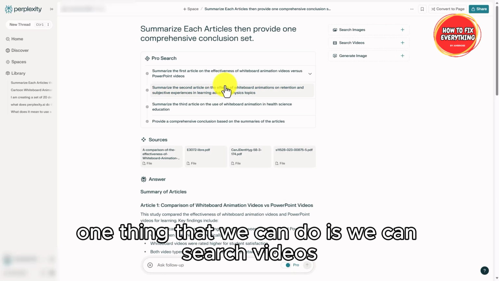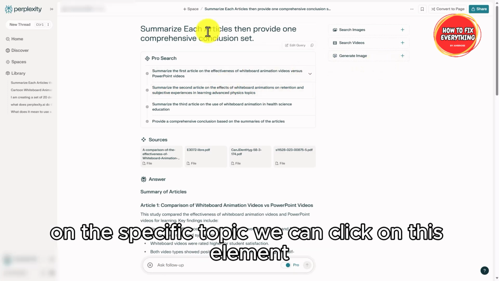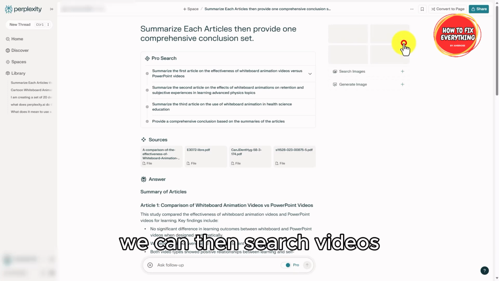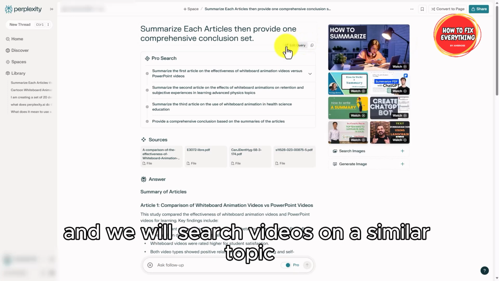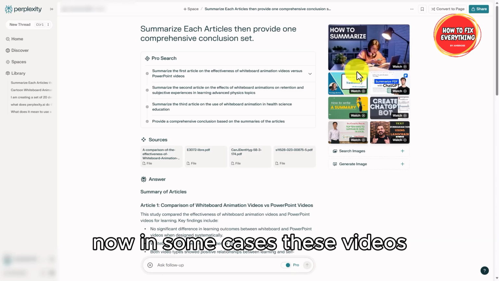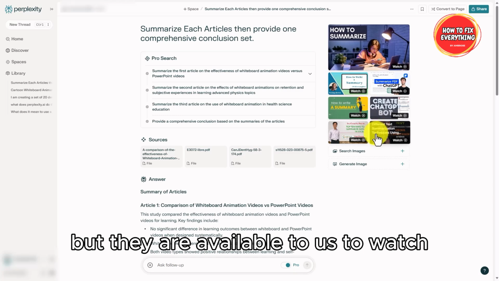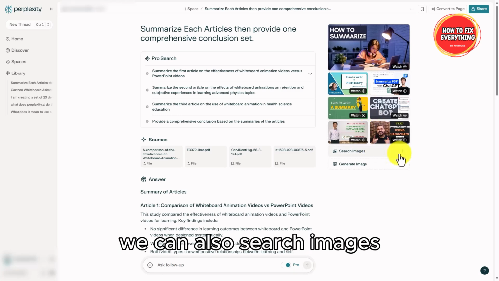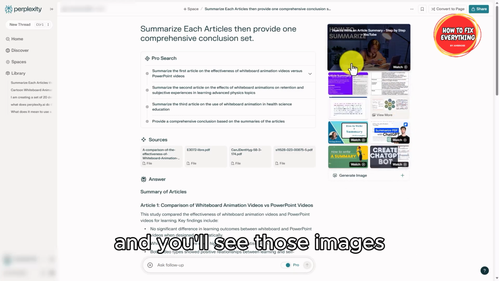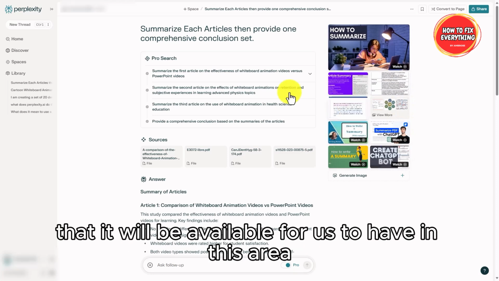We can perform several operations with our existing content. One thing that we can do is search videos on the specific topic. We can click on this element. We can then search videos, and we will search videos on a similar topic. Now, in some cases, these videos may or may not necessarily be fully relevant, but they are available to us to watch. We can also search images, and you'll see those images that will be available for us to have